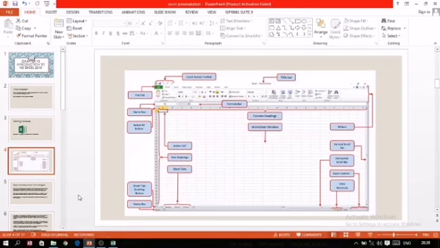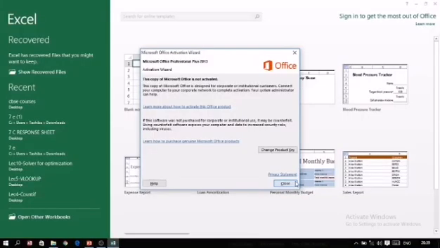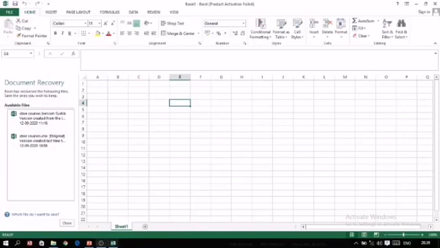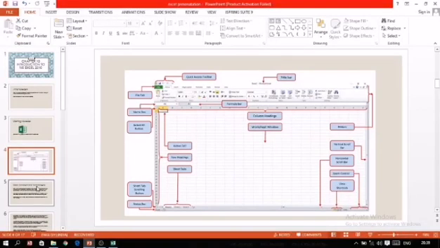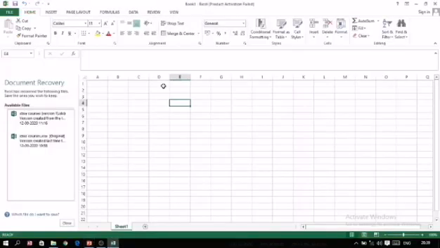This window contains many options. Now I will explain these options to you. These are the basic components of the window. Here the topmost bar is known as the title bar. It contains the title of the program and the currently open file. For example, as you can see over here, it is written Book 1 - Excel. Book 1 is the default file name, displayed because the file is not saved yet. But as you save the file, it will show that particular name.